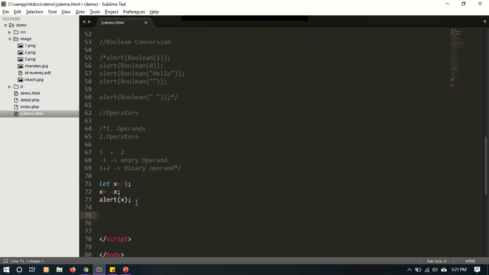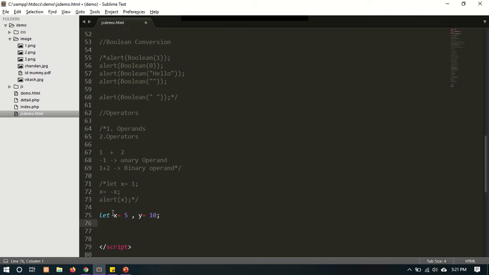Here is the next example, of the binary operator. Let x equals 5, comma, y equals 10.